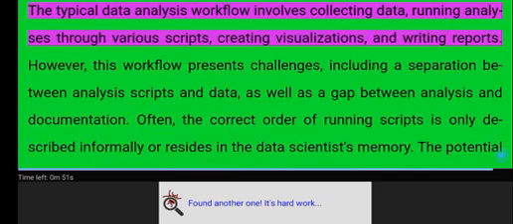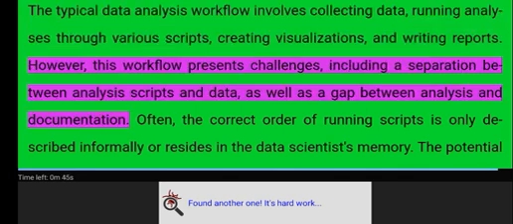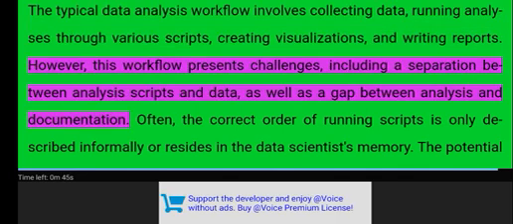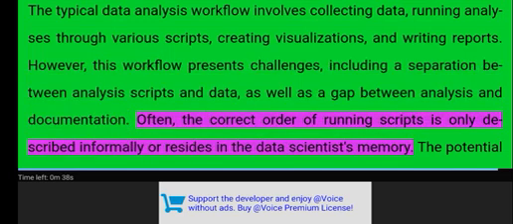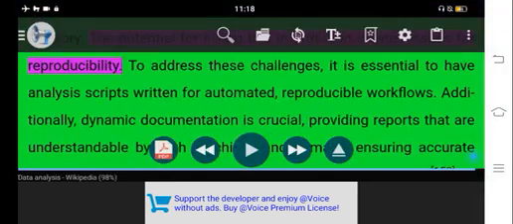Reproducible analysis. The typical data analysis workflow involves collecting data, running analyses through various scripts, creating visualizations, and writing reports. However, this workflow presents challenges, including a separation between analysis scripts and data, as well as a gap between analysis and documentation. Often, the correct order of running scripts is only described informally or resides in the data scientist's memory. The potential for losing this information creates